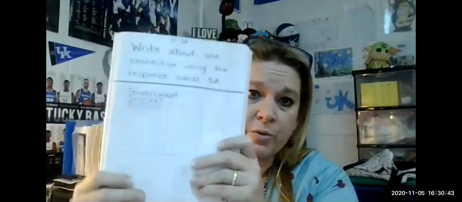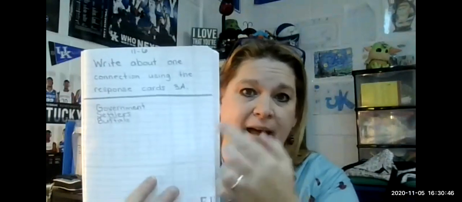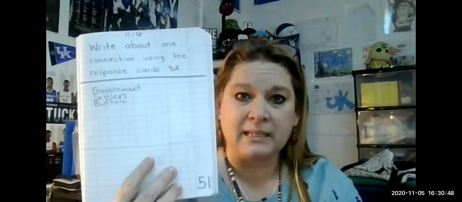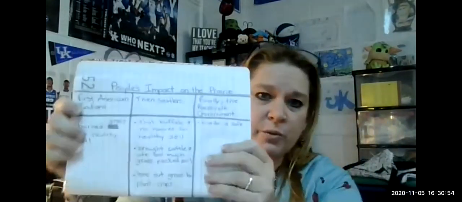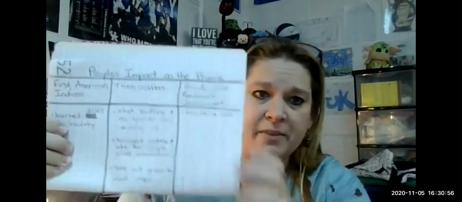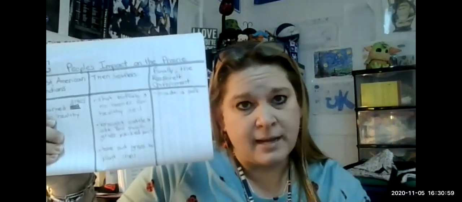Okay, so you have two things that you are supposed to do today in your knowledge response journal. On page 51, you chose 3 cards and you told me how those 3 picture cards are related. And then on page 52, you are going to copy down the evidence organizer, and there will be a picture of this up on the Google Classroom. So all you need to do is copy it on page 52, okay? Page 52. And then you're going to take a picture of those and post it so that I can see that you actually did it, okay?